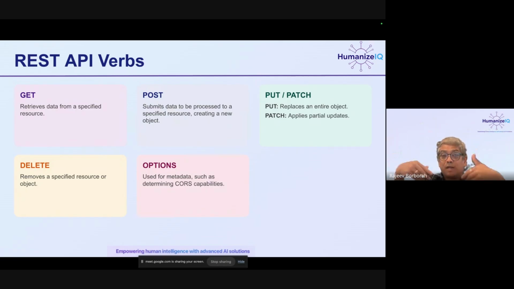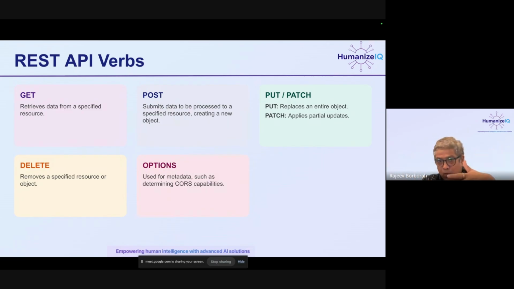I'll be happy if you tell me that you're marking something for deletion. There's a status flag which will change basically based on that, right? So that's kind of important. Patch is the preferred call for updates. We use patch most often because we are not normally updating the full object, so partial objects. So patch is what we use.